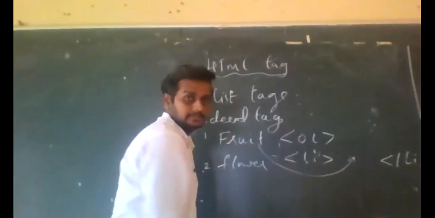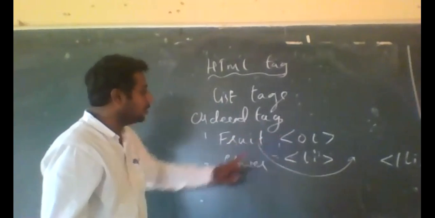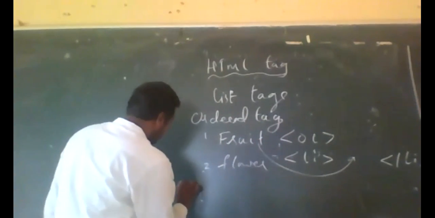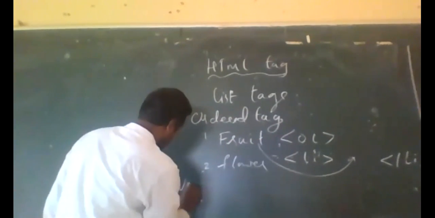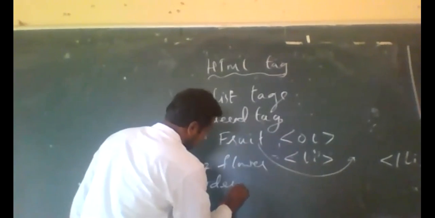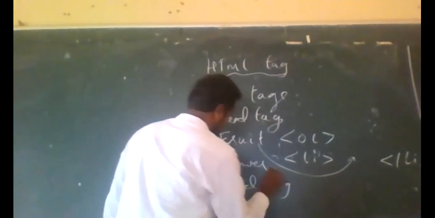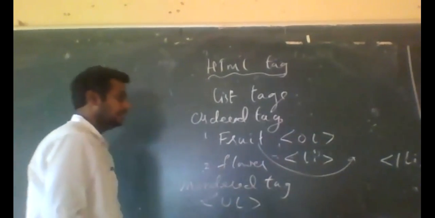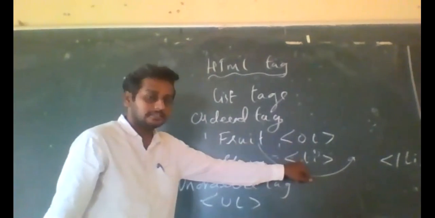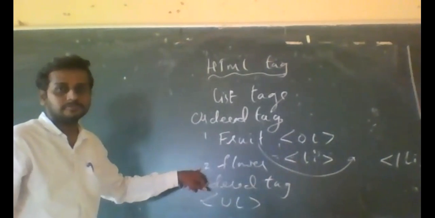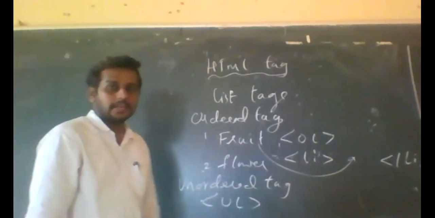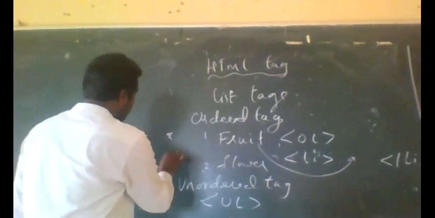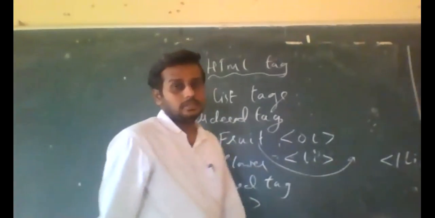the unordered tag. Same thing, if you want to use the unordered tag, then you will write UL; OL is replaced by UL. Then again you can write the list. So instead of numbers, you may write a star or some other symbol. We will discuss how it will get output.